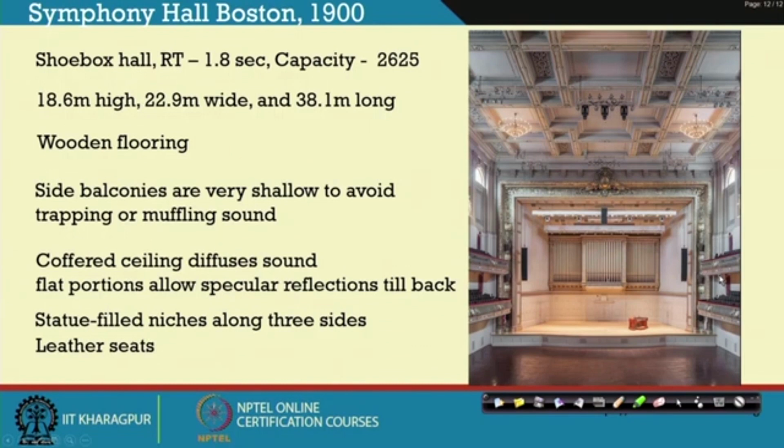So, sound cannot get trapped inside it. Keeping that in mind, those were made very small projections at the sides. You can see a rich coffered ceiling on top. So, it was spanning this